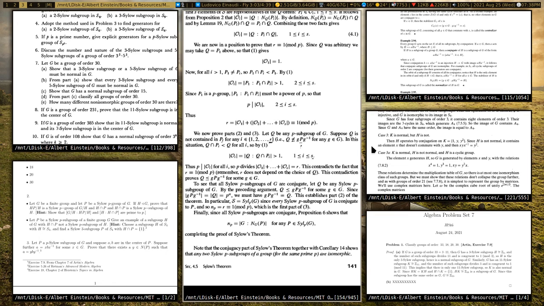X Z inverse is in the normalizer of P. So if you assume that X Z inverse is in the normalizer of P, then X Z inverse P Z X inverse is equal to P. Wait, what does that give? If X Z inverse is in the normalizer,